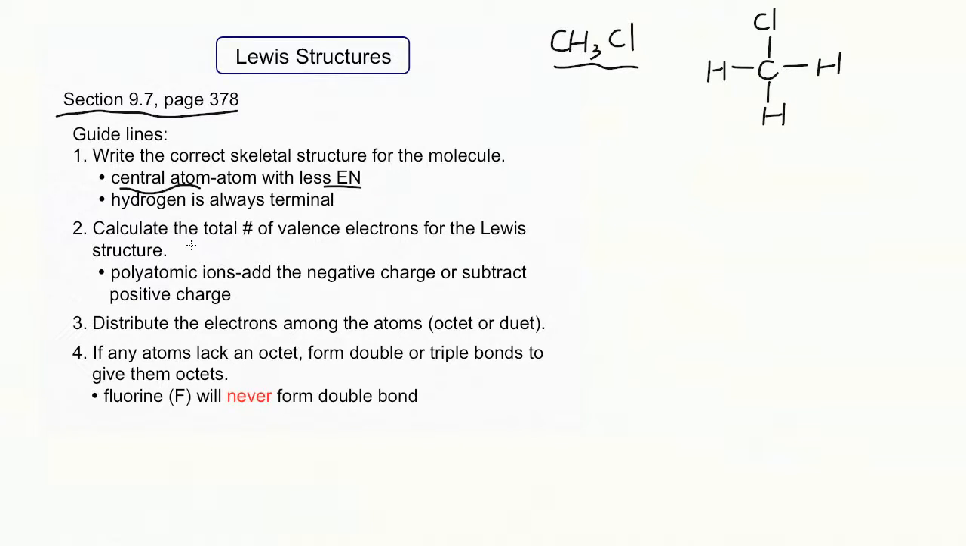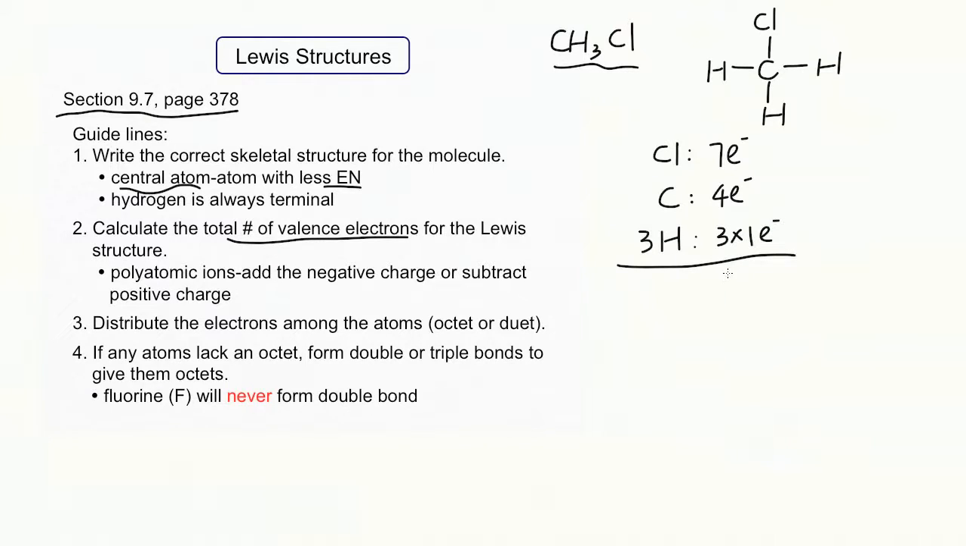The second procedure is to calculate the total number of valence electrons. You have 1 chlorine, 1 carbon, and 3 hydrogens. For chlorine, because it's from group 17, it will give you 7 valence electrons. Carbon, group 14, so 4 electrons. 3 hydrogens, each one of them will give you 1 electron, so 3 times 1. It will give you a total of 14